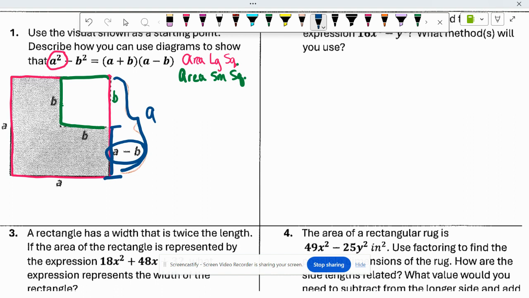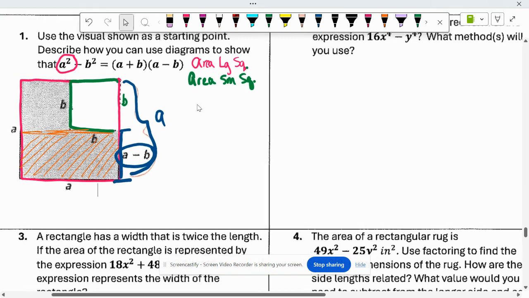Is that true for the top? We're going to talk about that for the top. Yes, it is true for the top, but we're going to focus on, do you guys remember finding area of composite shapes? When I say finding the area of a composite shape, do you remember what that was? That was when you would take a weird looking shape and break it up into two pieces, right? So we're going to think about finding the area of this, okay? So now let's talk about this top block. This top block. Well,